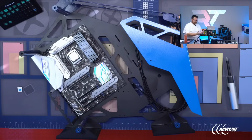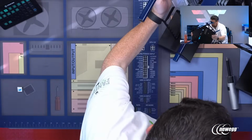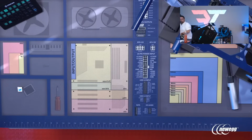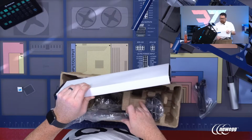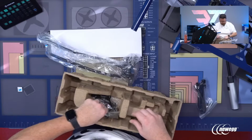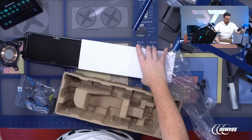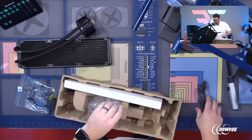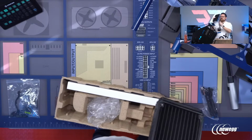Okay, AIO time. So this is all in. Move this out of the way. Put this off to the side, actually. There we go. Okay, cool. Let's get our AIO built. Okay, we'll need that stuff out. Okay, for this, I need to figure out where I can put this, because I think we're gonna